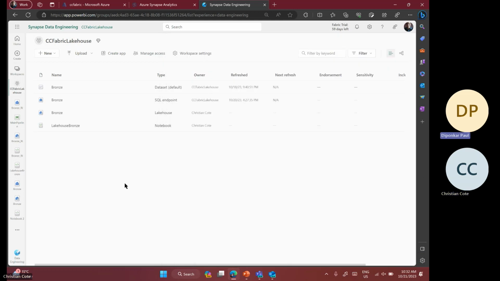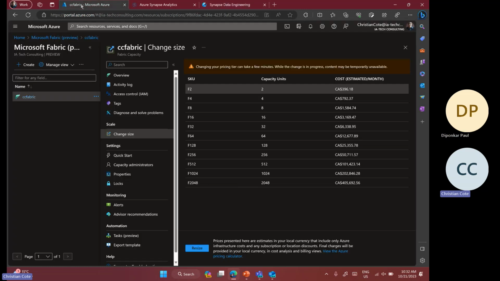All right. There are two ways to use Fabric. Here, there are two types of Fabric: pay as you go, and you have the reserve instance. Reserve instance is like Power BI Premium. With Power BI, we could create a pay as you go capacity simply by going to Azure and saying I want to have Power BI Embedded. It looks clumsy here, but this is what we were able to do, because we're not going to embed it. We're simply going to have a premium capacity for Power BI.